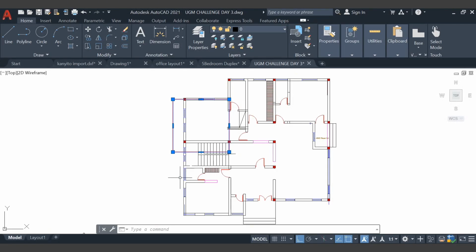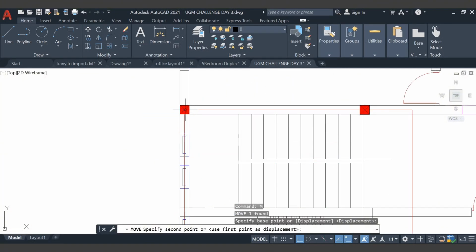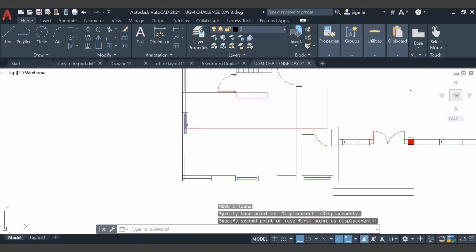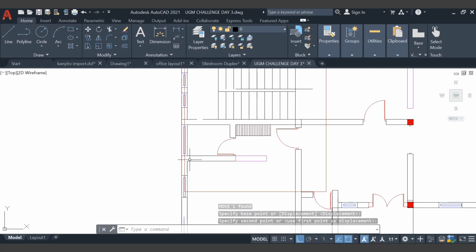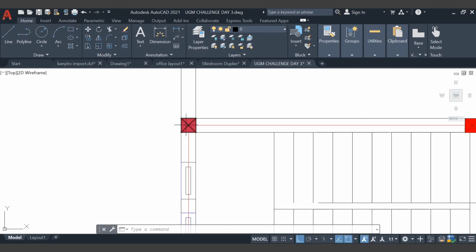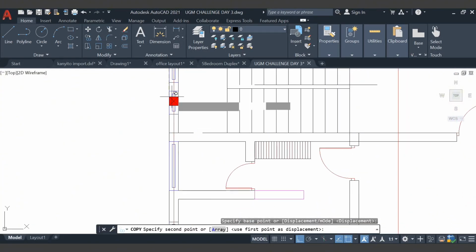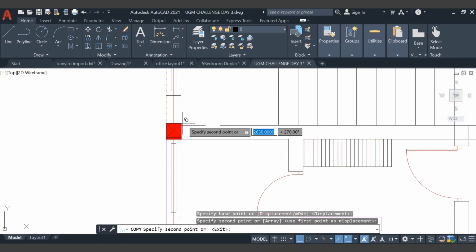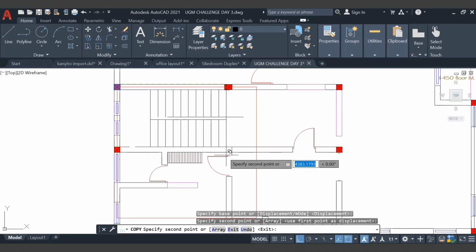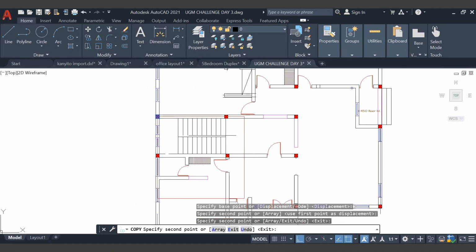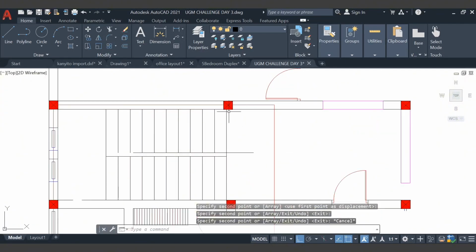We still need to place columns around this part of the building. So I'll move this 5.5 meter panel and place it over here. You see that it falls in the window, so I need to move the column over here. So copy and you place it over here. Similar thing with this guy, you copy and you place it over here. Make sure that they're in line,